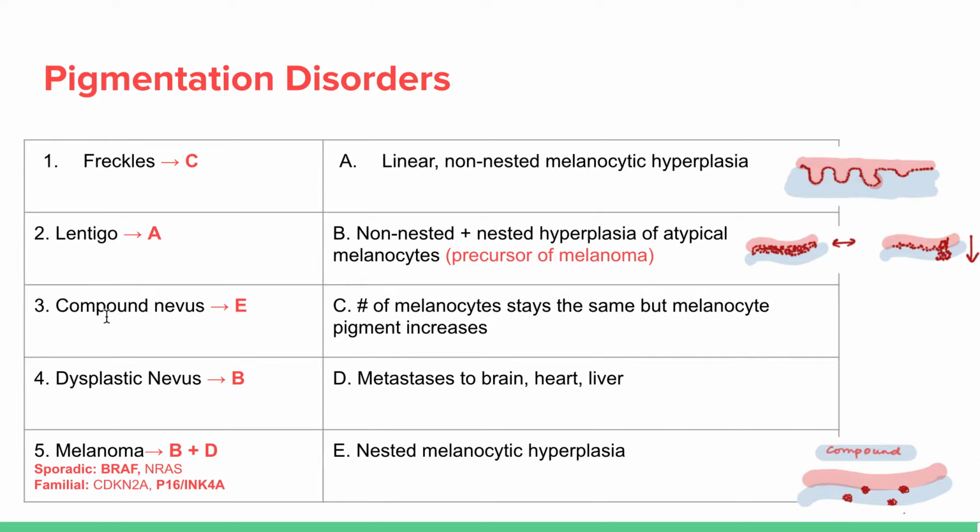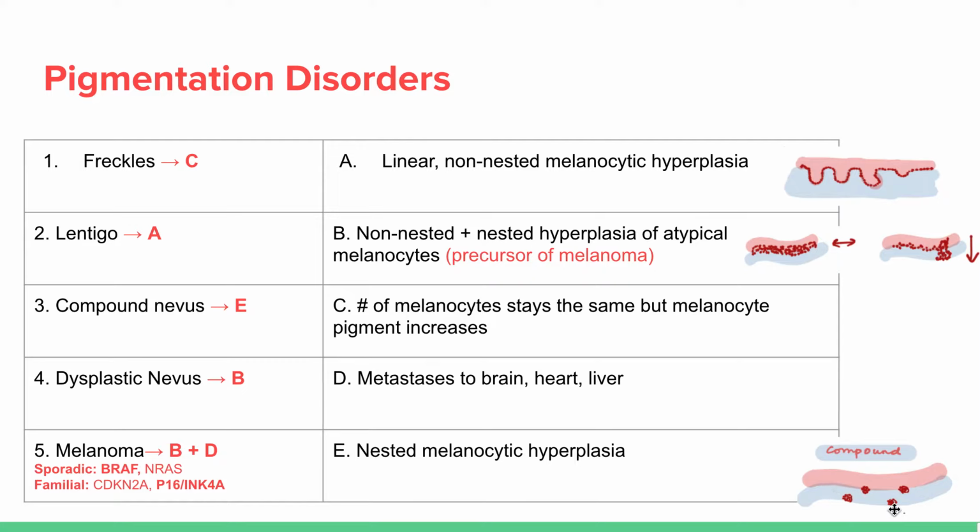Number 3 is a compound nevus. So compound nevus, anytime you see nevus, you want to think of more nested melanocytic hyperplasia. So it nests like that. Okay, so in a compound nevus, you're going to see these nests of melanocytes at the epidermal-dermal junction and also